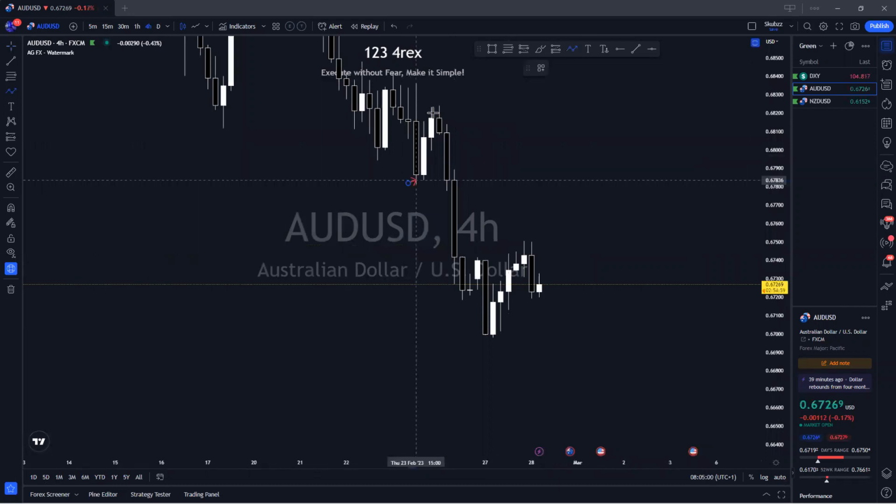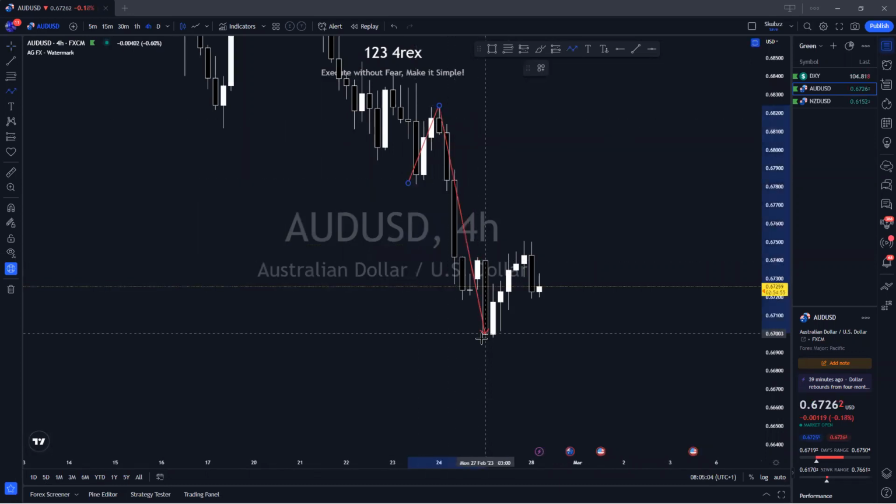So we basically created this lower high, then more or less this was the lower low, one small low. I'll not even use that one. So we had a lower high, lower low, another lower high, and then price is trying to sell to the downside. But then if we go back to the 1H,